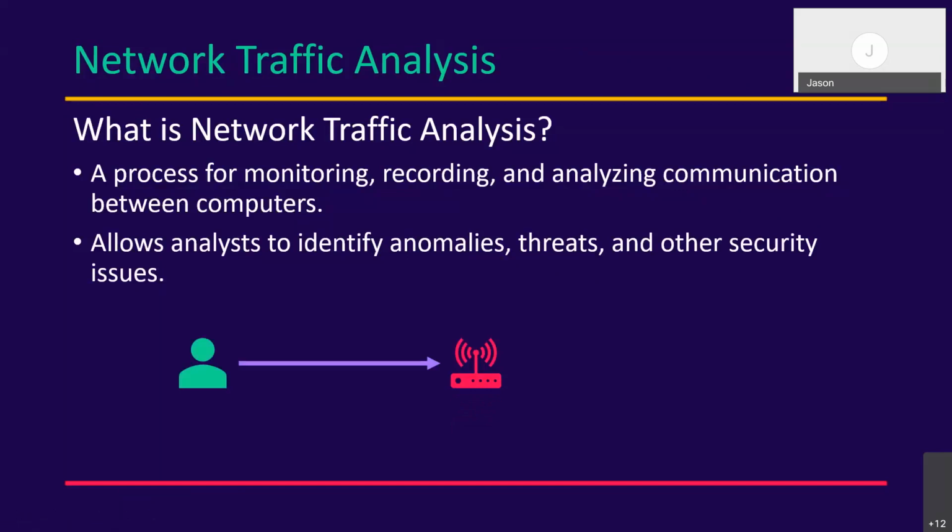You would try to go to some website. That request is first going to go to your router. Your router is going to find that resource on the internet. The internet will respond and send it back to you. That whole line of communication is what we're looking at when we talk about network traffic analysis. Seeing those requests from one machine to another over something like the internet or even a closed network like your private home network.